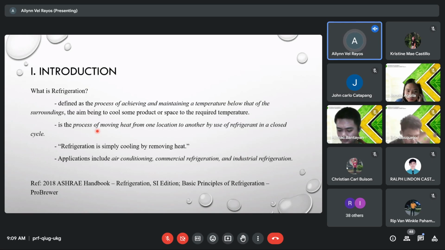Okay, so again, refrigeration is maintaining a temperature below that of the surroundings, while cooling is a spontaneous process. Let us give an instance of how we differentiate this. Let's start with spontaneous cooling. If you leave a cup of coffee at, for example, 90 degrees Celsius, there will come a time when the temperature of the coffee is the same as its surroundings, but it no longer goes lower. That is what we call spontaneous cooling.